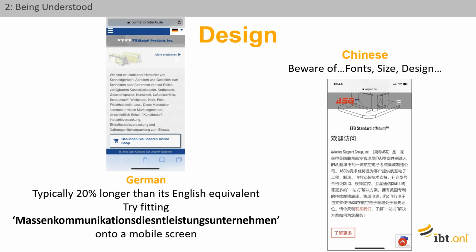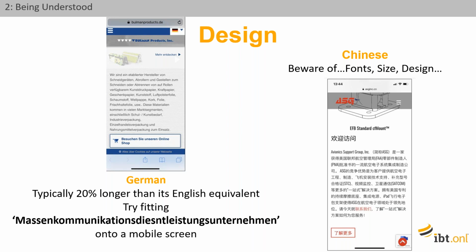I've put an example here of German. It's typically 20% longer than anything you write in English. And I've given you an example of a compound word, Massenkommunikationsdienstleistungsunternehmen. Now, how do you fit that onto a mobile screen? So, there are issues with language that you should be aware of right from the beginning when you're building the